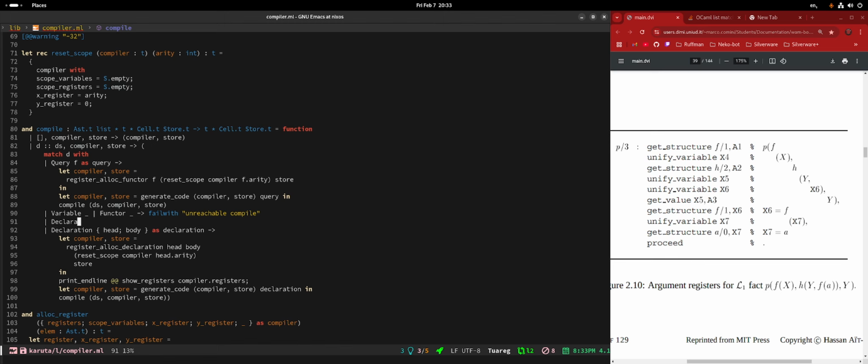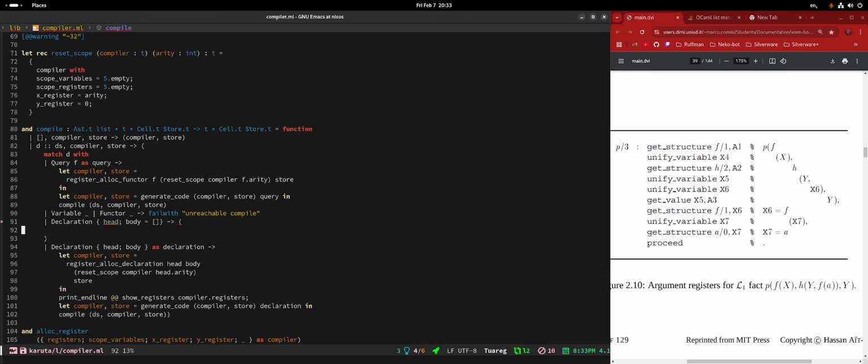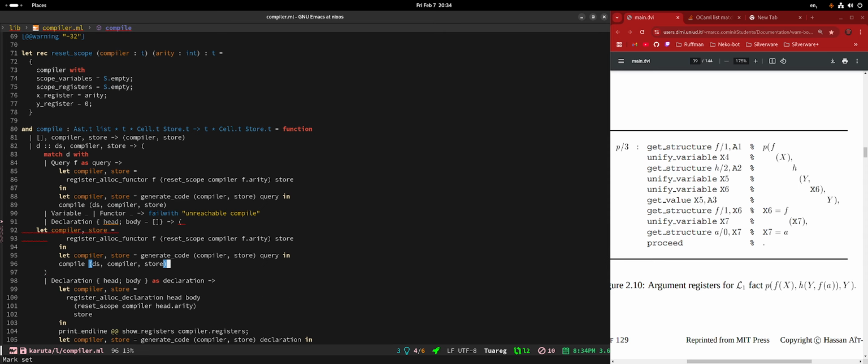So declaration, same thing as down there. So head body equals empty thing, and then we just do something about it. I'm gonna guess that we're gonna do mostly similar to this guy, but we actually need to do a little bit more stuff. So, what do we need in here?